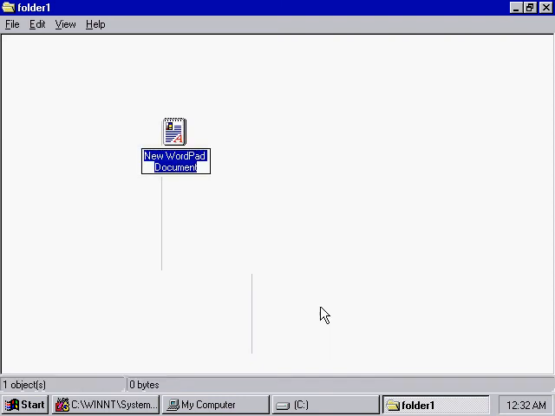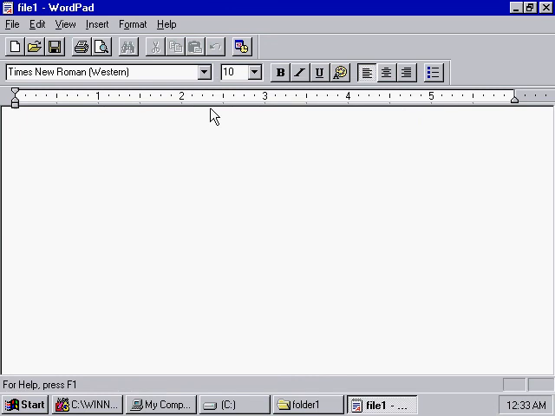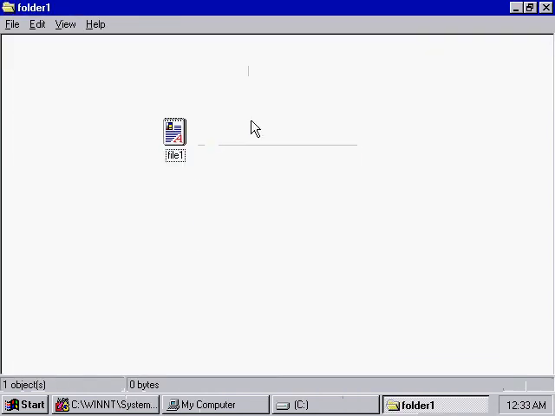Remember, file is not shared, but folder is shared or drive is shared. If you want to share the file, you have to put that file in a folder, then share that folder. And anything you have in that folder will be shared along with the folder. Type anything and save the file. Click close and save.